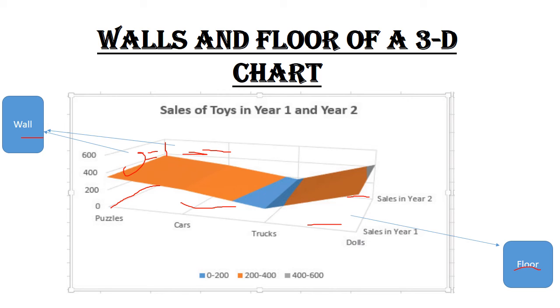Okay, dear children, so now today what we have seen, we have seen what is a chart, what are the components of a chart, and we have seen two types of chart. One is column chart, another one is 3D chart, and we also have seen the two different components that appear only in a 3D chart, that is wall and the floor. I hope you understand this, and with this today we are going to wind up, and in the next week we are going to see types of chart.